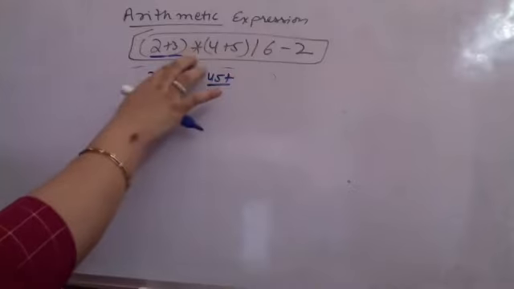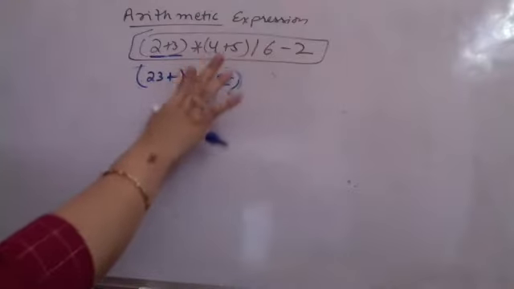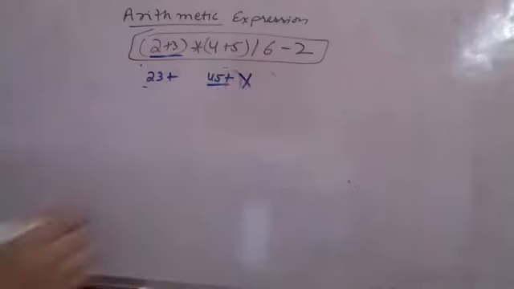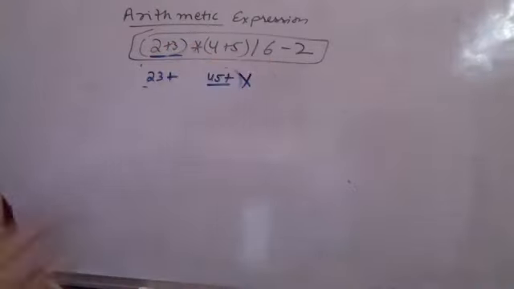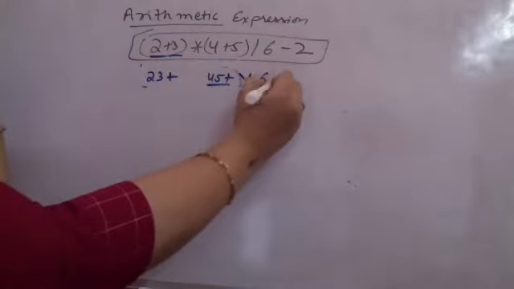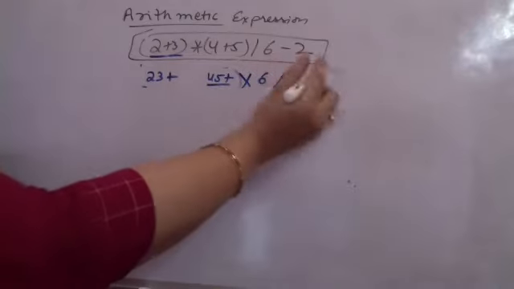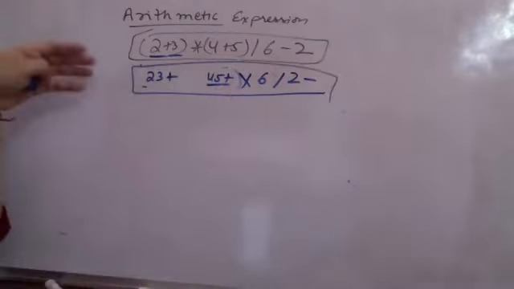अब I have to multiply these two. That means operand 1, operand 2. Although I don't need the brackets when I am writing the postfix, then I will get this multiply. This entire is the operand 1. This 6 is the operand 2. So I will be writing 6 and I will be writing divide. Then this is my operand 1. Operand 2 is 2, then minus. This is the postfix form of given expression.